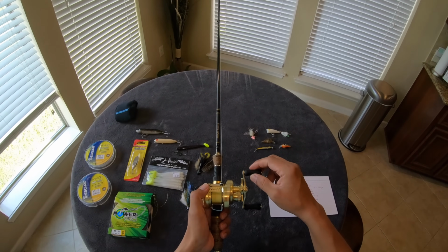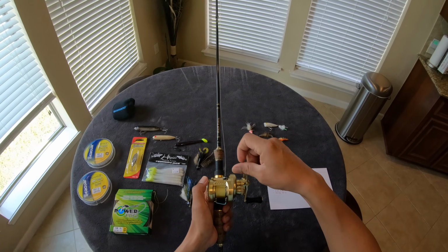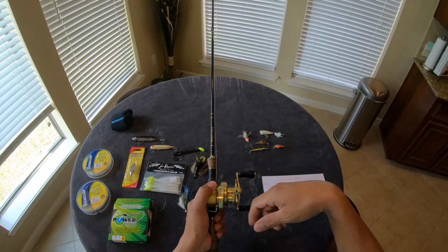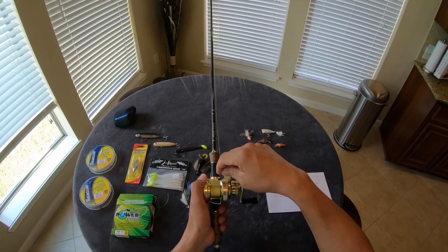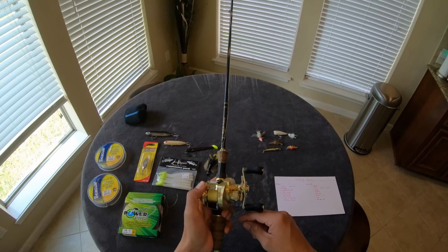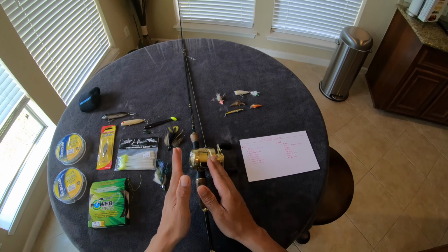So whenever you're reeling in and the level wind goes to the end of its track on the right hand side or the left hand side, if it's dry, it will stick to either one of those sides, and the crank will keep turning, but all you'll hear is a clicking because the level wind is stuck and off the track. So once a week I put 2-3 drops of oil down there, and then the level wind is perfect, and she is just ready to go